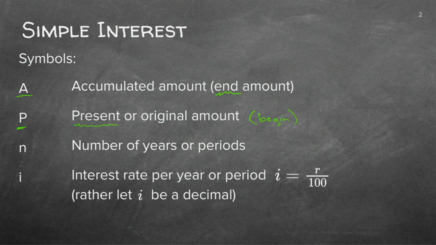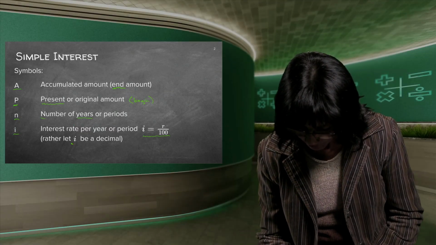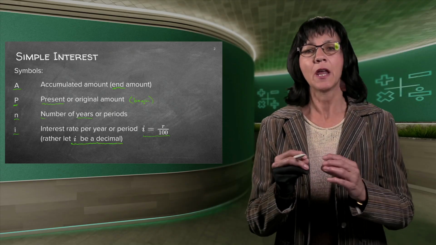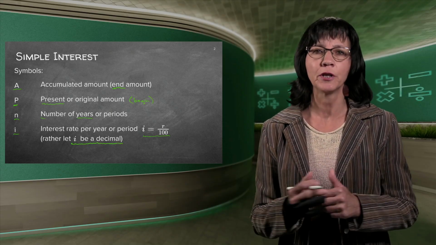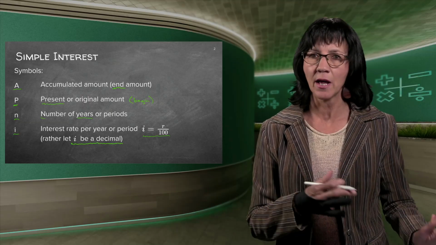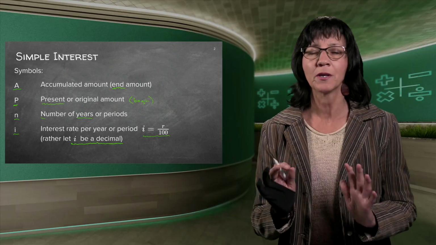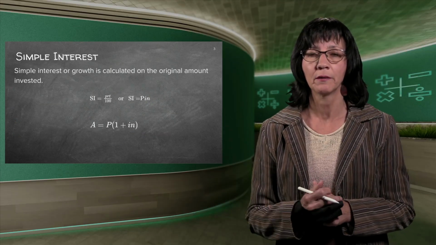Good. N should be very easy. N, number of years. Now, we say years or periods, but for grade 10 work, it will basically be years. And then I is the interest. Now, there's the formula for interest. You know, interest is the interest rate over 100, but we're not using that fraction part. It's always difficult to work with fractions, so it's very important that you remember that whenever we replace I with a number, we rather use a decimal number. It makes life easier on your calculator and just normally, because we all seem to struggle with fractions.